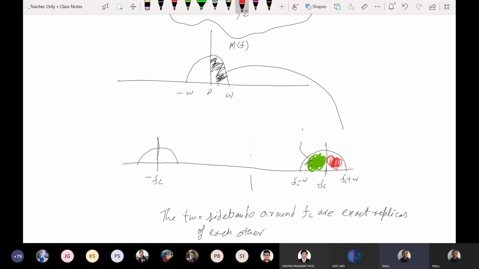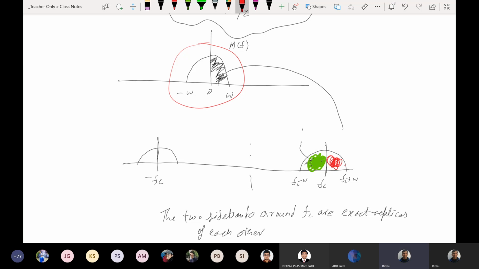So this baseband signal, we are shifting the entire spectrum, including the negative frequencies. But we know that for a real valued signal, the negative spectrum is just a copy of the positive spectrum. Right? So it is useless to transmit the negative spectrum along with the positive spectrum, because it conveys the same information.